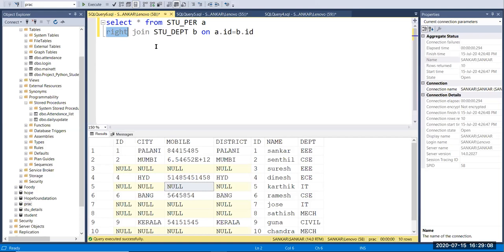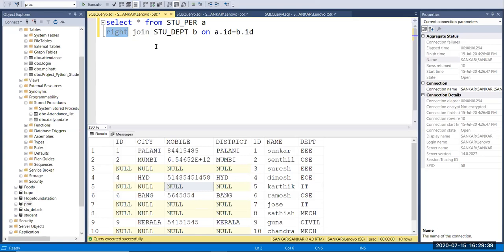That's all. So the full join is a combination of left and right join. If you go with the left join, it takes the left value as a reference value, and if you go with the right join, the right side table value is the reference value. If you go with full join, it doesn't matter whether the value is on the left side or the right side, it returns all values.